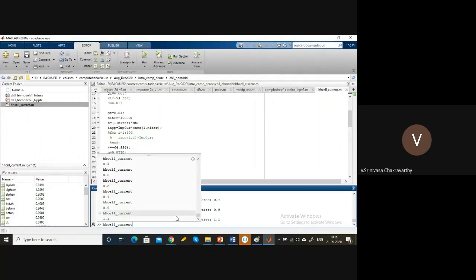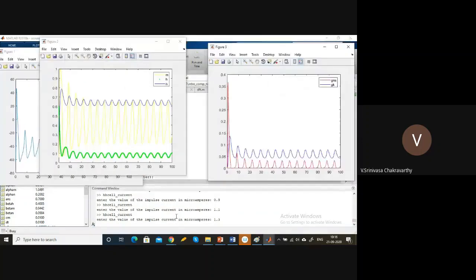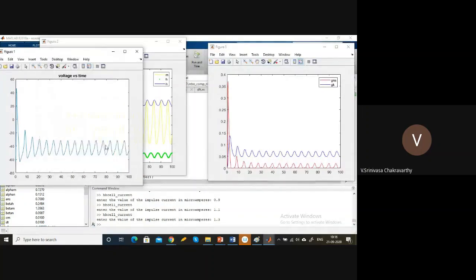So as you increase the current further, the voltage goes down even more and looks like a sinusoid. So point is, you see a transition which is gradual. You cannot say it's sudden. So therefore, it's difficult to draw a line and say this is where the transition has occurred. But definitely there is a transition.